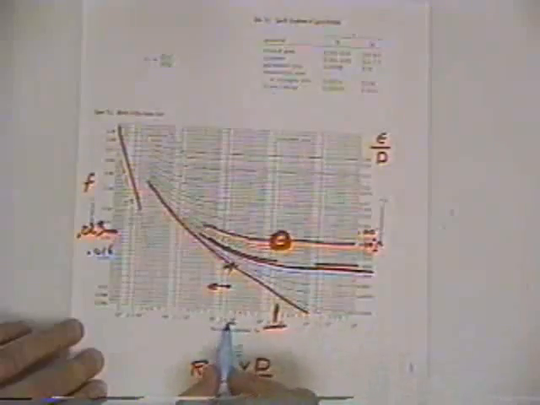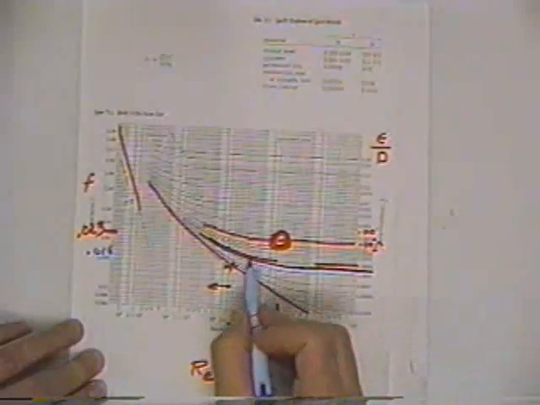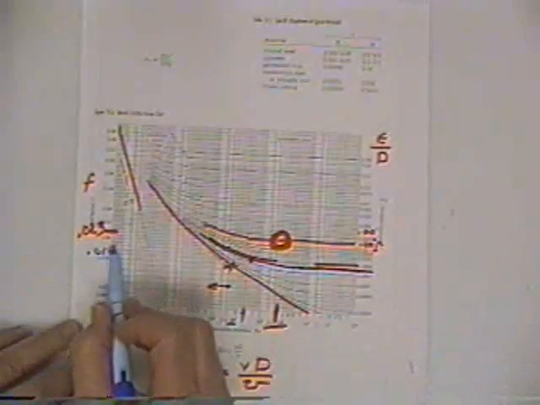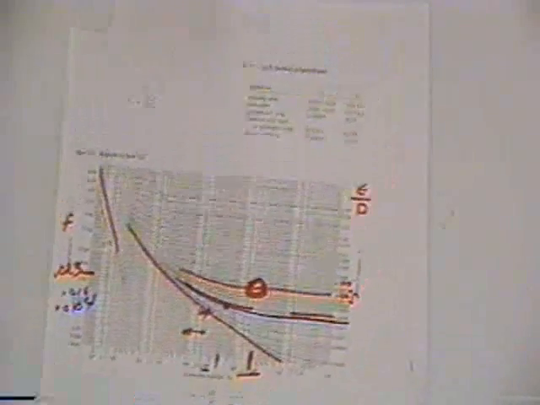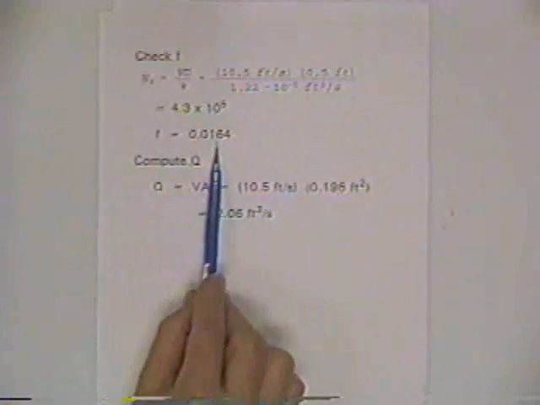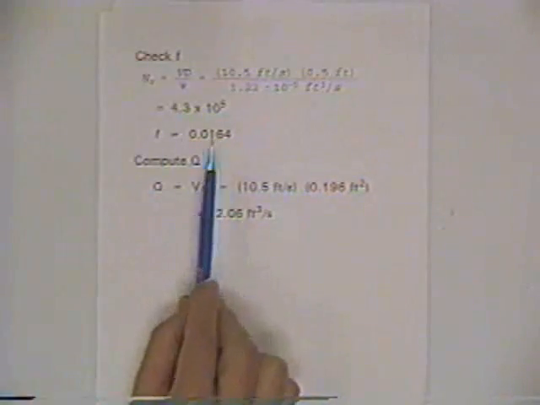10 to the fifth, and a 4 is right in there, and so it puts us right up here, right in here. And when I read it off very precisely, I read off something like 0.0164. And so I'll say close enough, and we'll go ahead and accept that. That's a judgment call. Now, I made an initial estimate of 0.016,